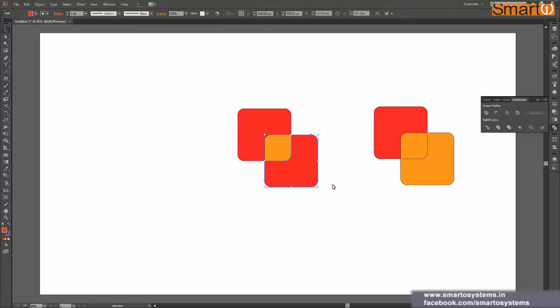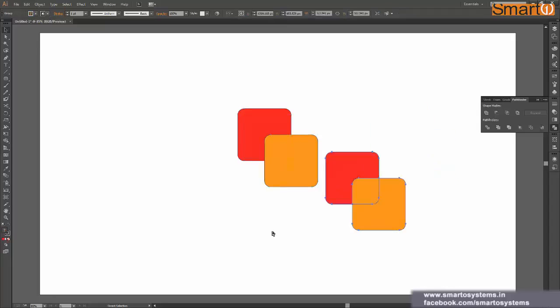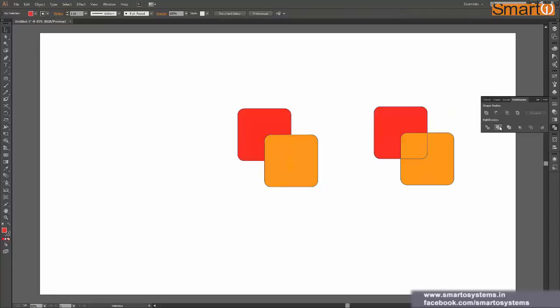But there's one thing that has happened: we have this same color across two shapes. And now I don't know whether it's a good thing or bad. I think I leave this to you. You should decide whether you want to do something like this using the Shape Builder tool, or whether you would prefer Pathfinder. So again, it's your call, because now you know everything, so you will be able to make better decisions. So let's undo it again, and we will see one more operation.